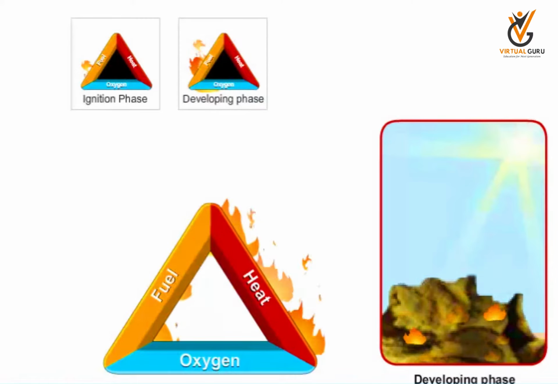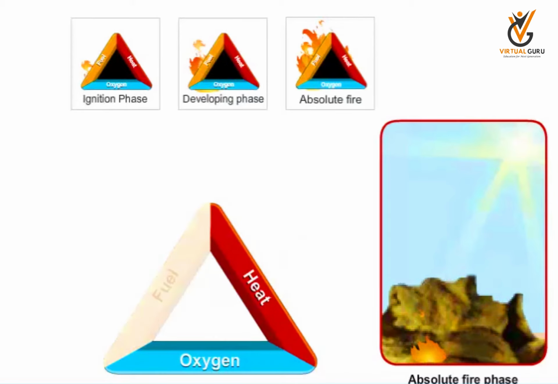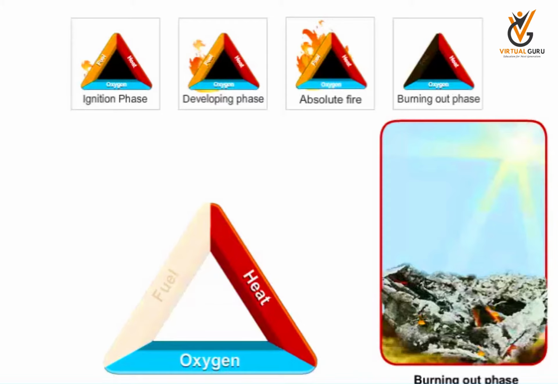Developing phase. During the developing phase, the flame spreads on the surface of the material. After sufficient heating, it gives off vapors which act as the source of heat. Solids and liquids convert to vapor state before combustion. In case of flammable gases, there is a high risk of explosion because the combustion process takes place at an extremely fast rate. The burning speed depends on the rate at which the heat source gives off the vapors and its combustibility. Petrol has a very high surface burning speed, while wood has a low surface burning speed.